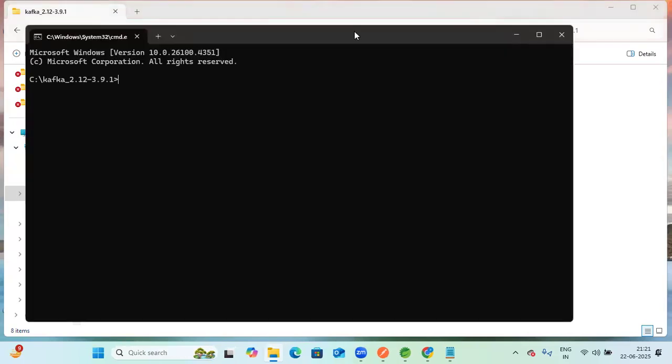CMD. Okay, let me try it again. bin\windows\zookeeper-server-start.bat